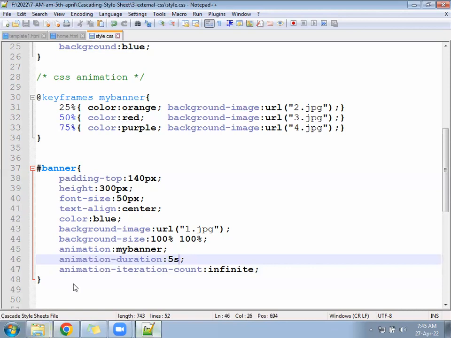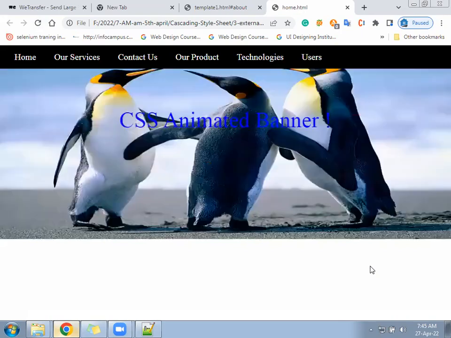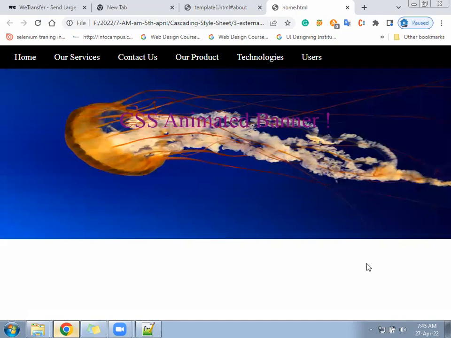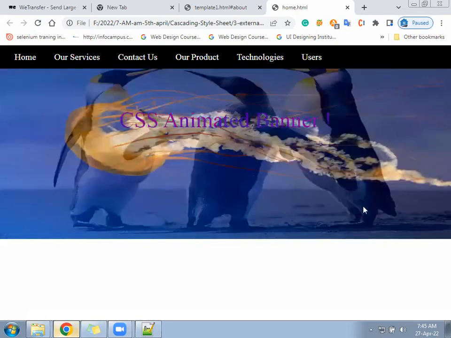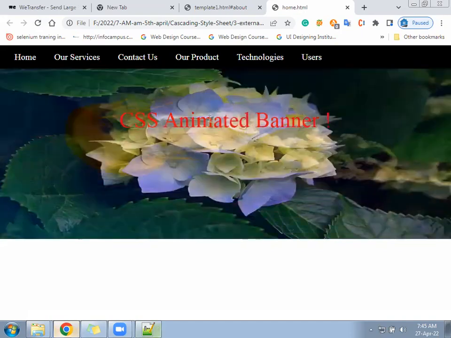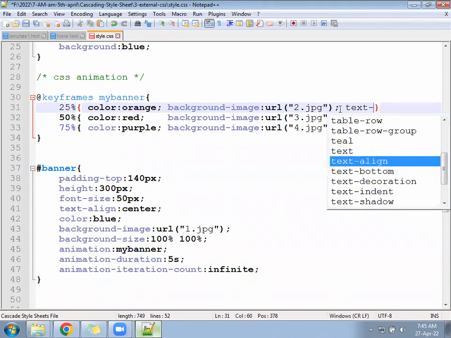Every 1.5 second, not 2.5 second, 1.5 second photo will change. It will become more fast. During animation, you can change the text alignment also. This text align we have written, we can push the text left, right. We can write here text-align,